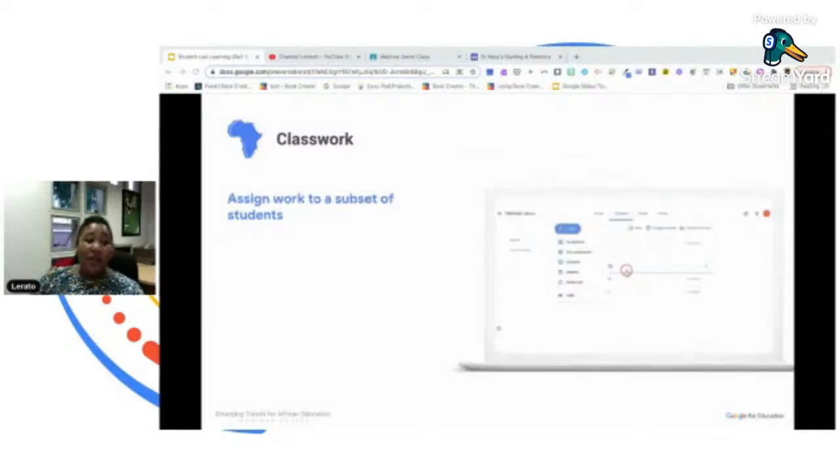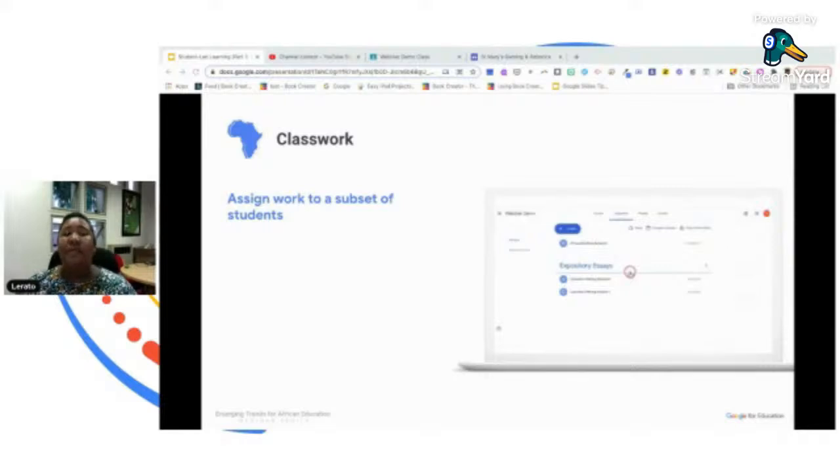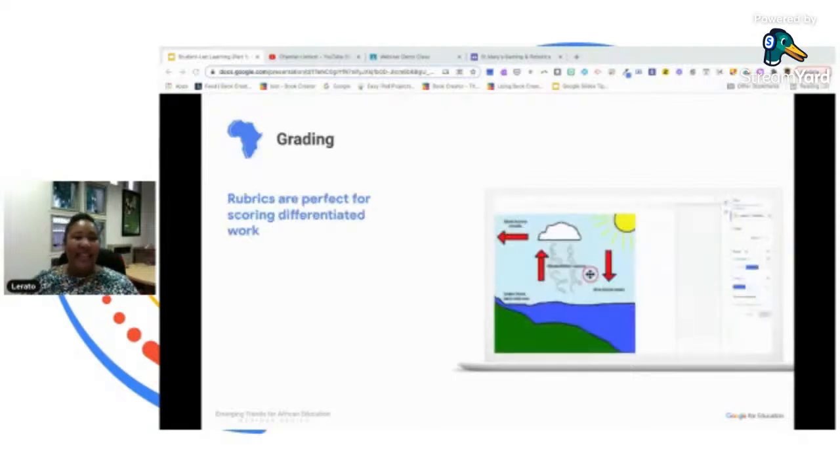Again, with Classwork in Google Classroom, you can differentiate learning by posting assignments to specific learners. I cannot wait to show you this feature. This is great for differentiating learning according to student capability or interest. I hope all of you are going, yes! Because this is absolutely amazing. Google Classroom has a rubrics functionality built in, which is a great way to assess student work in a differentiated context. Rubrics standardize assessment practice across different topics and products in student-led learning.